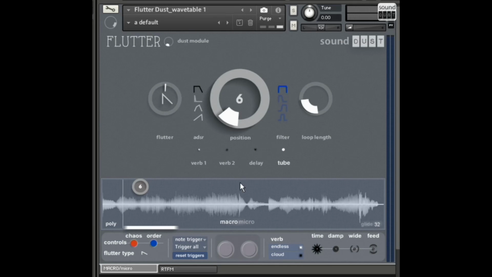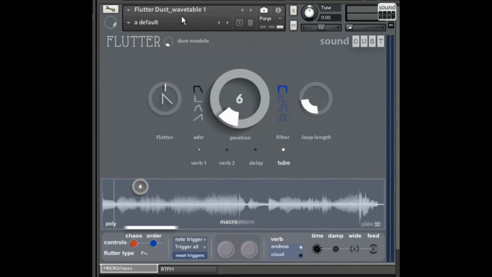What I've done this time is taken lots and lots of Sound Dust sounds that already exist and remangled them into three different wavetables, multi-sampled wavetables. So you get lots and lots of sounds spread out, blending and merging and reversing into each other, so that you have this very interesting effect, which I'll just demonstrate, shall I? So